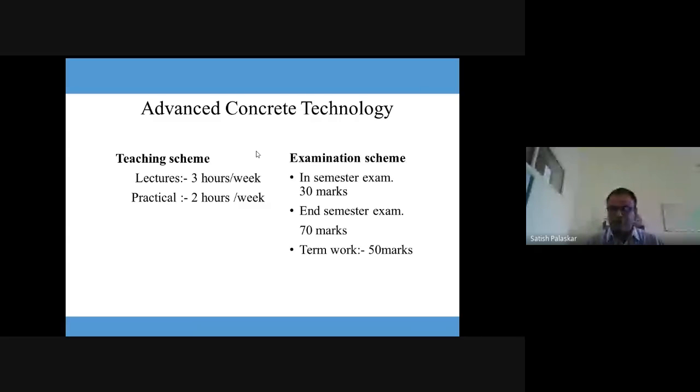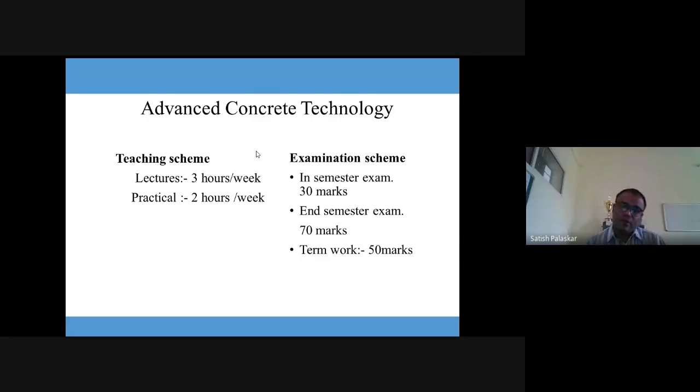They have explained the theory part as well as the practical is also performed over there. So that part is there in unit number 6: ferro cement, their properties, specification of ferro cement material, analysis and design, erection and assembly techniques. So that is as far as all 6 units of the advanced concrete technology are concerned.